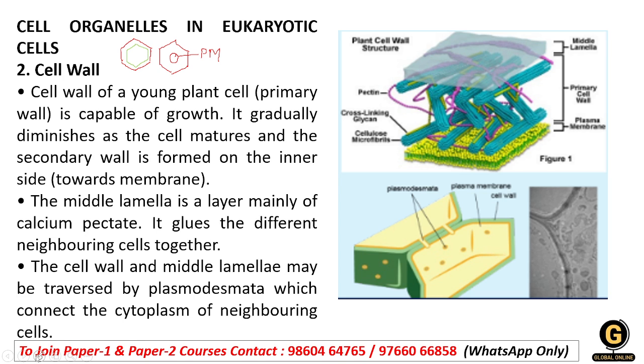Again I will use another color. Okay, and the circular region is nothing but the plasma membrane. So I have just drawn a rough diagram, students, okay. So the red color one